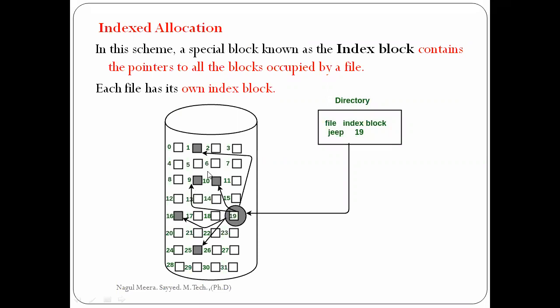In the same way, what is the meaning of grouping here? In this grouping technique, in our hard disk there are so many blocks. Among them, some blocks are occupied with data and some blocks are empty. Now, in grouping, the first free block is chosen, and this free block consists of the addresses of all the remaining free blocks.